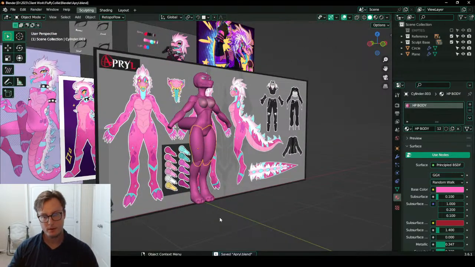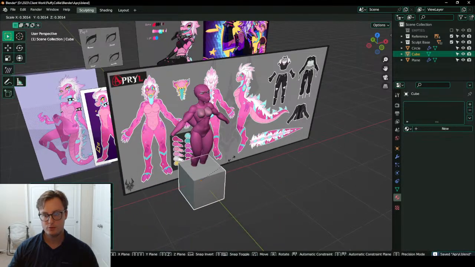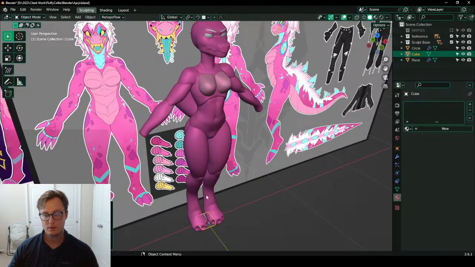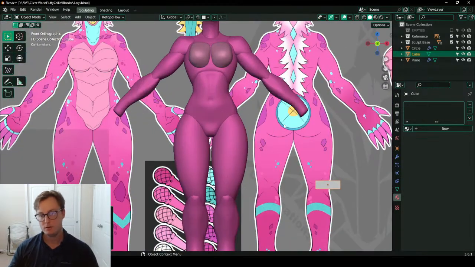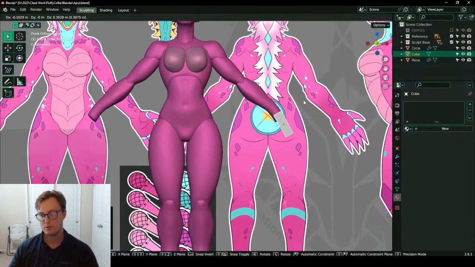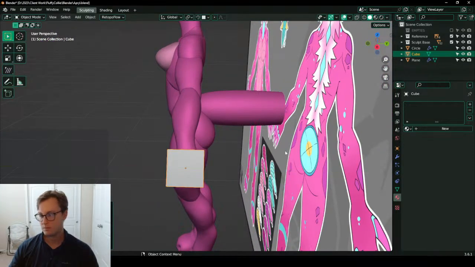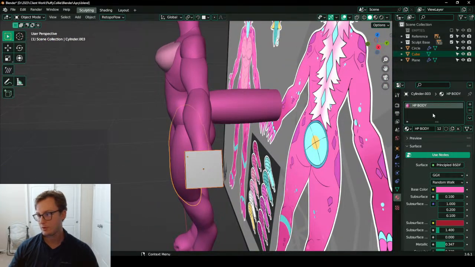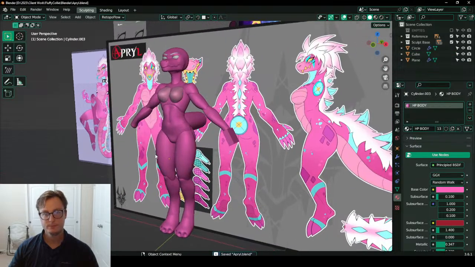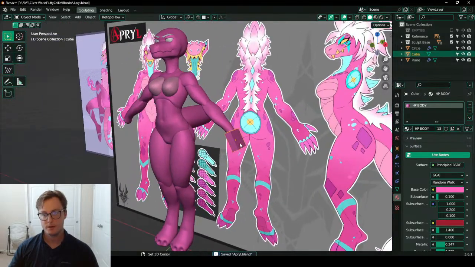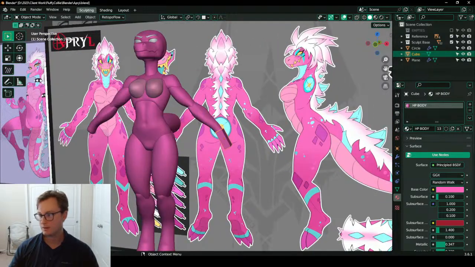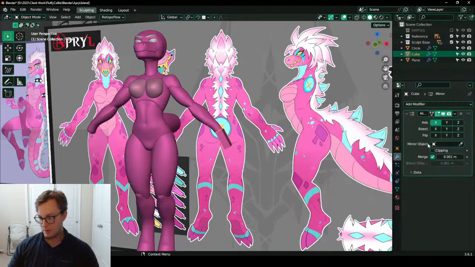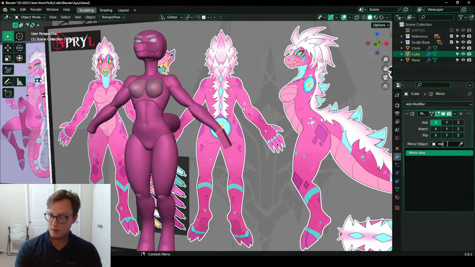Nice. All right. Then we're going to make a cube, shrink it down, move it over here, and of course, take on the color. That'll be the start of the hand. We'll add a mirror, no merge on the axis.